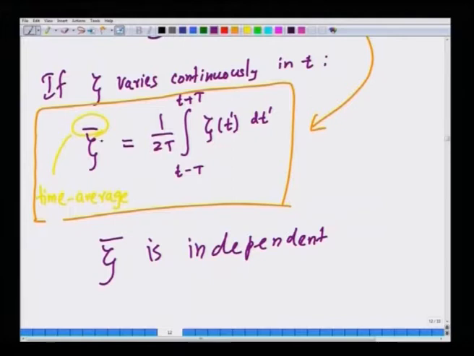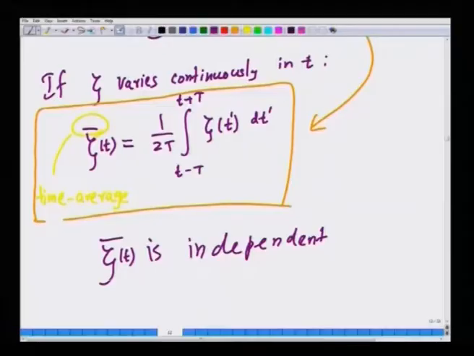This is in principle a function of t, because you could compute this average at different times and take the window small t minus capital T to small t plus capital T, and do this integration for several values of the running time t. But we are going to restrict ourselves to cases where the c bar of t is independent of small t, okay. Such processes are called stationary processes